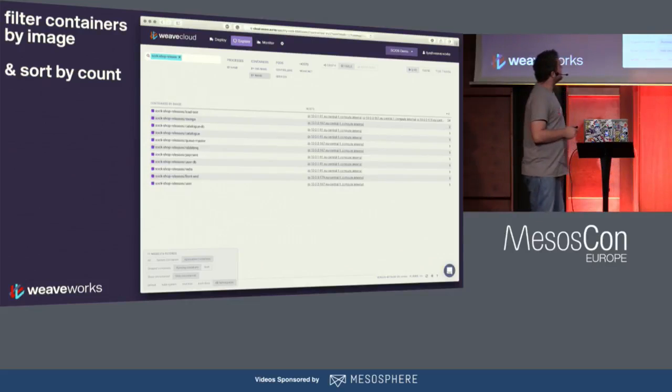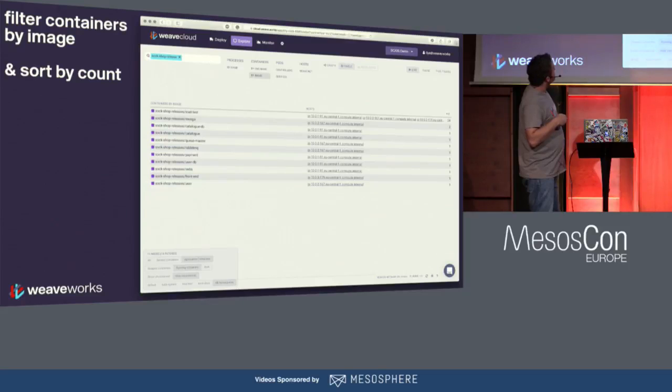We can build things like what we do with Weave Cloud Explorer. We can look at all the containers whose image begins with stock shop release, and we can see where they run.